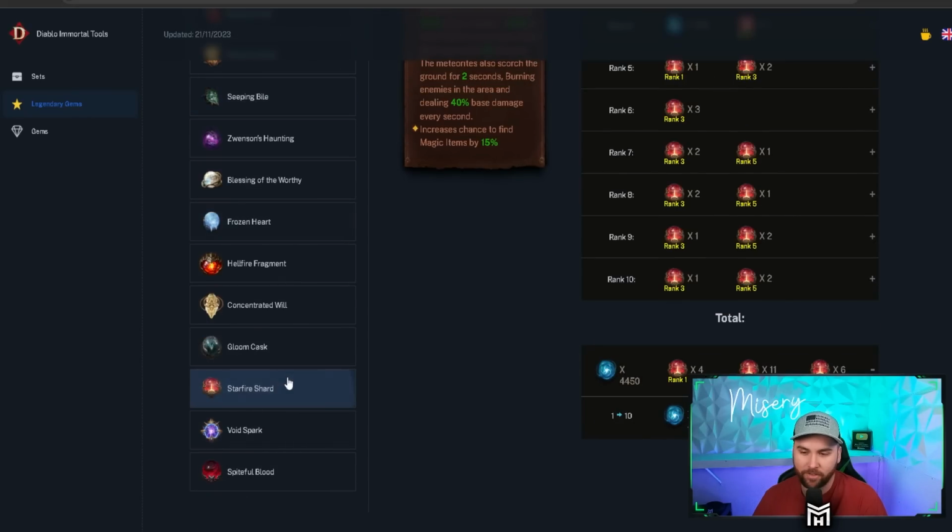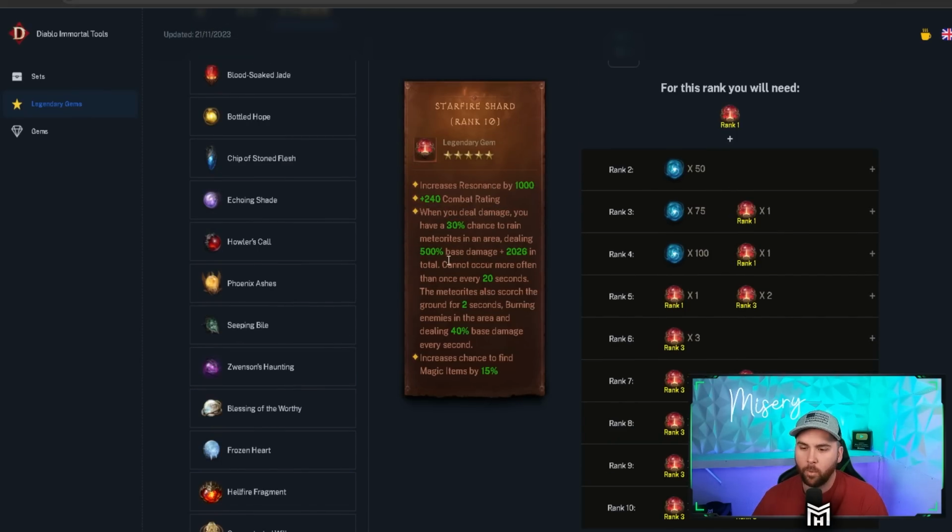Oh my, Starfire Shard. So when you deal damage, you have a 30% chance. Wow, 26% more than the Seeping Bile. Crazy. 30% chance to rain meteorites in an area, dealing 500% base damage plus 226 damage in total. Cannot occur more often than once every 20 seconds. The meteorites also scorch the ground for 2 seconds, burning enemies in the area and dealing 40% base damage every